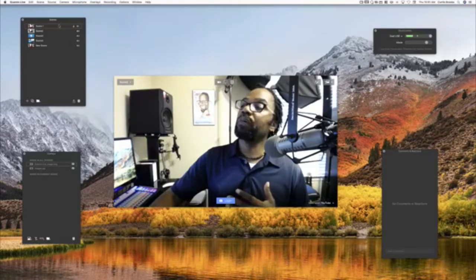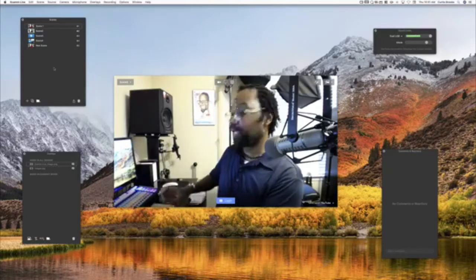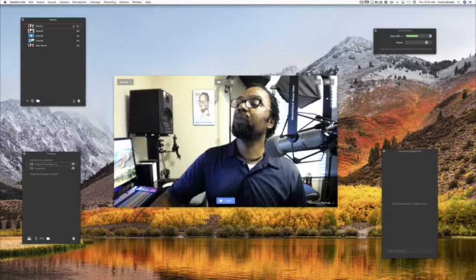So Command 1 is the scene that we're on. Let's see here. We can do one of two ways. We can click this button right in the very middle here. Again, the pointer is pretty small, I apologize for that. You'll see a right arrow here. You can click on that arrow, and it'll give you the same results as pressing Command 1. It'll take you to that scene, or Command 2 will take you to scene 2.